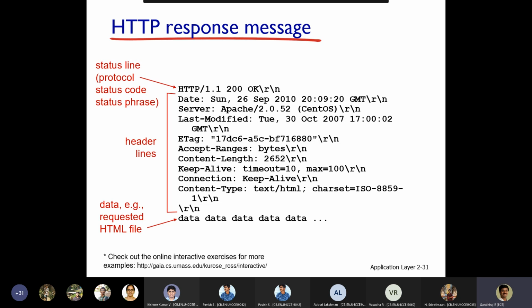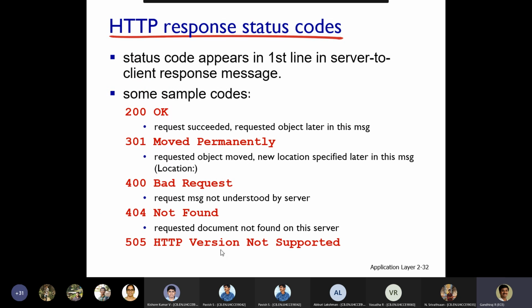So if there is a mismatch, the problem is that the HTTP version cannot be understood. For 1.1, the browser also should be compatible to handle the 1.1 version of the HTTP protocol information. So that's the idea.